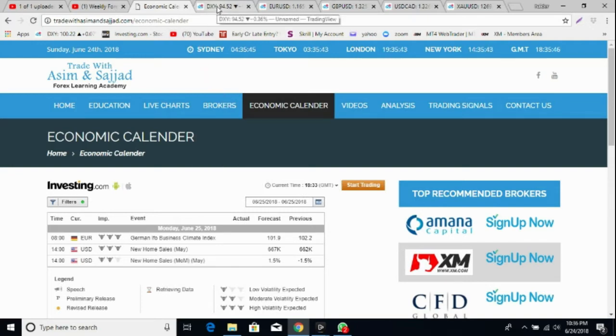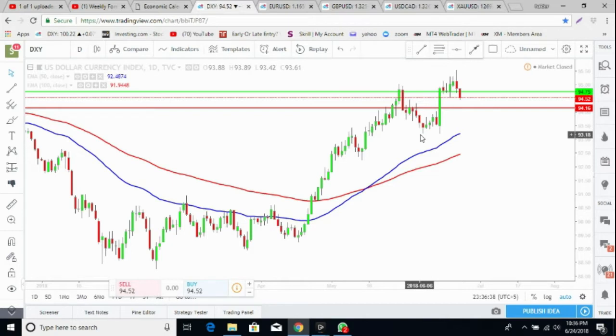Let's see how the US dollar index looks. For the last 2 days, the dollar index has been weaker, and still it's aiming to go further down. As you can see, the last whole week it tried to break this level. It did manage, but then the price got rejected, and at the moment it looks weaker to me. For tomorrow my target is 94.16 and below. Just in case it gets any strength, then it can move to 94.75 as well.